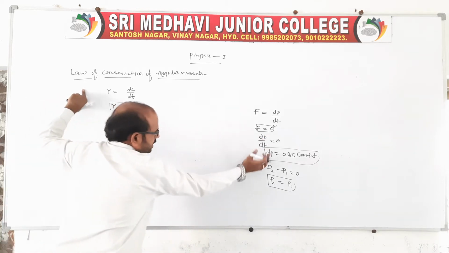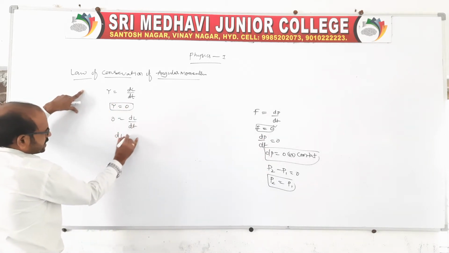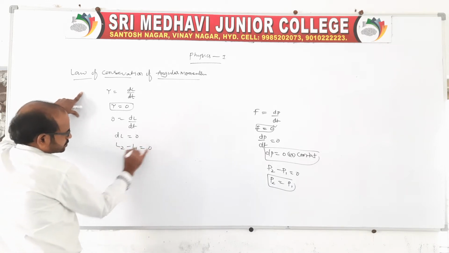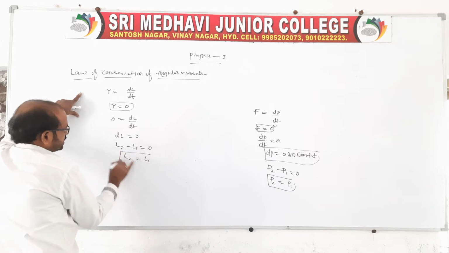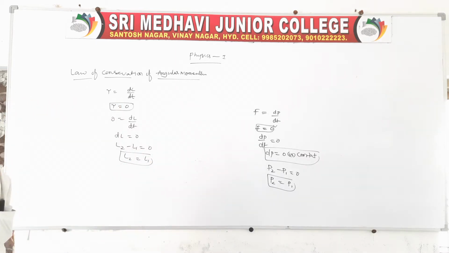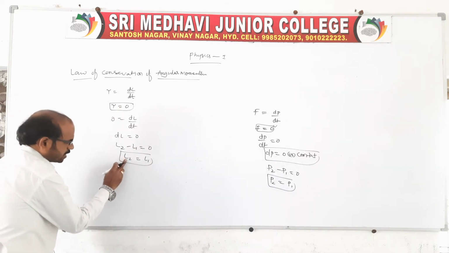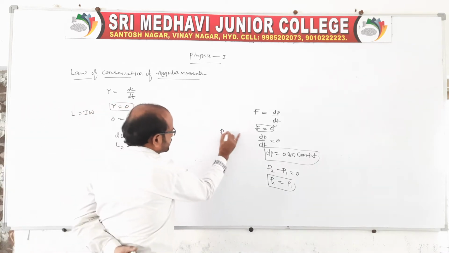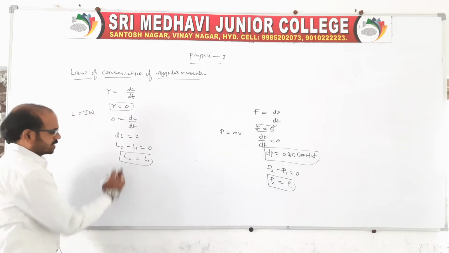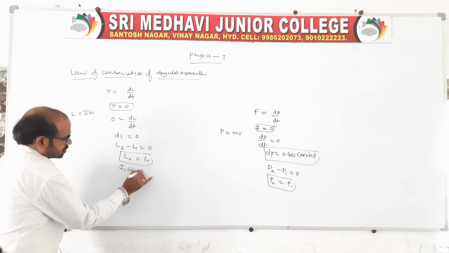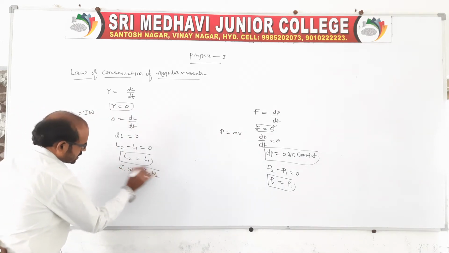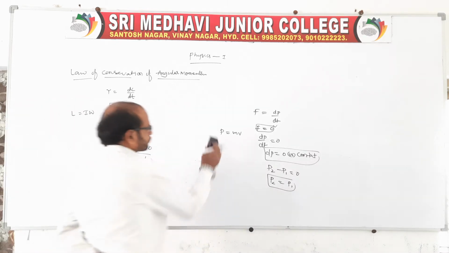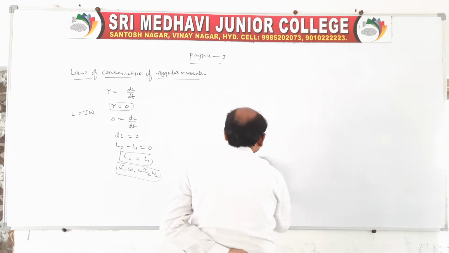Here also, look at dp by dt. Then dt taken to this side becomes 0. Then dL, which is nothing but the change in angular momentum, is 0. So we can say conservation of angular momentum. Here L is nothing but I omega, right? In linear momentum it is nothing but mv. So I1 omega1 is equal to I2 omega2. This is the conservation of angular momentum. It is actually an 8 marks question. It is given in the material as 8 marks.